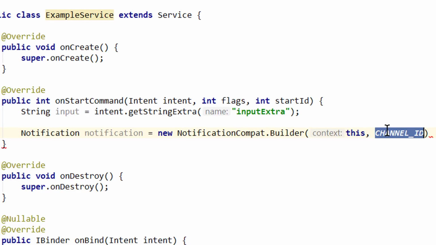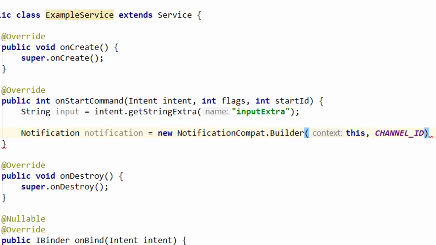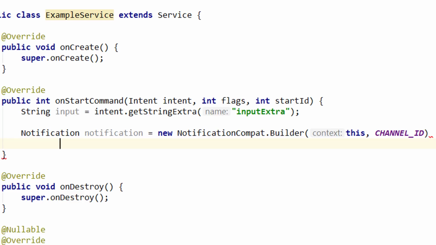And the notification channel is mandatory for notifications on Android Oreo and higher. Otherwise the notification will just not show up. In this case the system will create its own notification which says that our app is running in the background. But of course it's better when we set our own notification. On lower API levels the channel ID will just be ignored. So we can use this method here on lower API levels as well, without anything crashing. And we don't put a semicolon here because now we set the content on our notification.